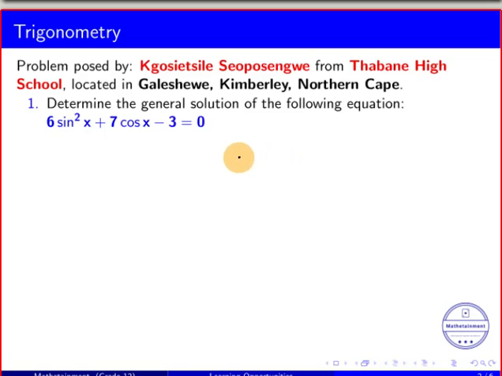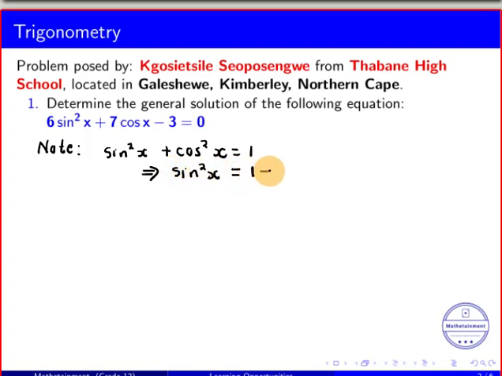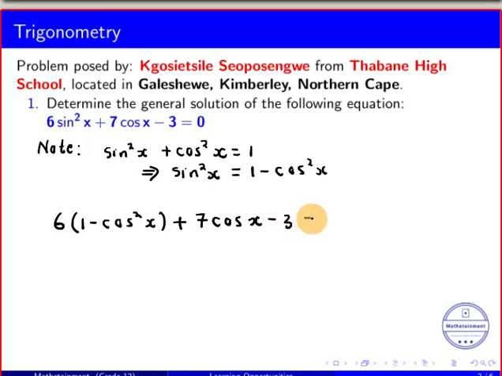Well, before we even start this question, please note the following. We know that sine squared x plus cos squared x is equal to 1. That's something that we know. And this implies that we can write sine squared x as 1 minus cos squared x. So now we can go back to our equation, and then we have 6, instead of sine squared x, we write 1 minus cos squared x plus 7 cos x minus 3 equal to